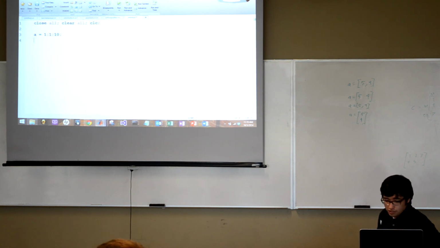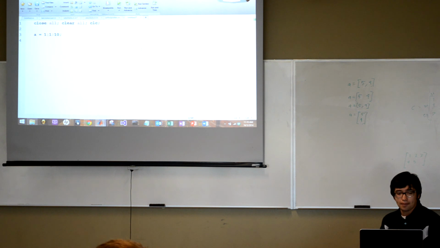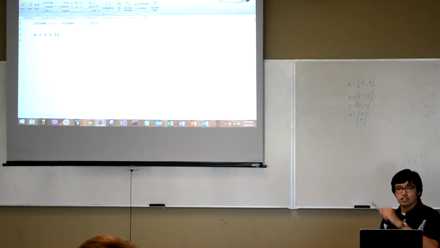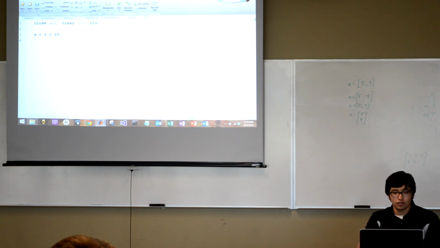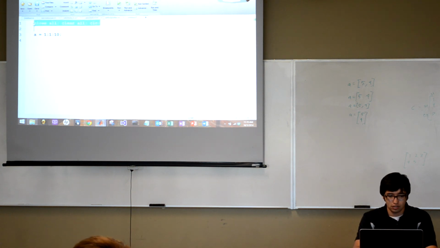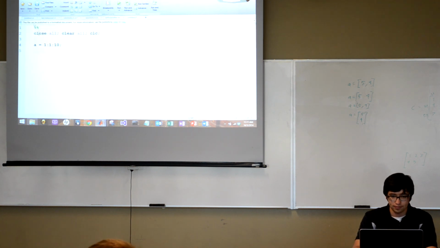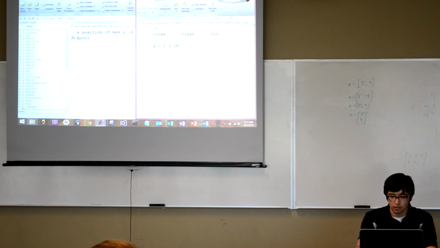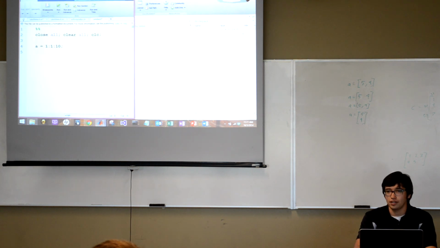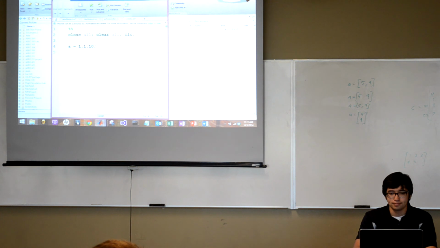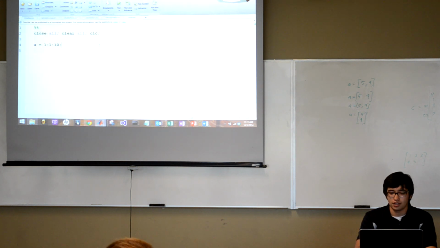Okay, I should explain what I just did. So this creates an array, and I'm saying I want an array of elements that starts at 1, and then by increments of 1 goes to 10. So if I run this, I would get an array that has numbers 1 through 10. That's another fast way to create things in fixed intervals. So if I wanted to display